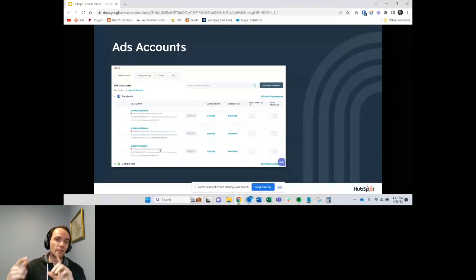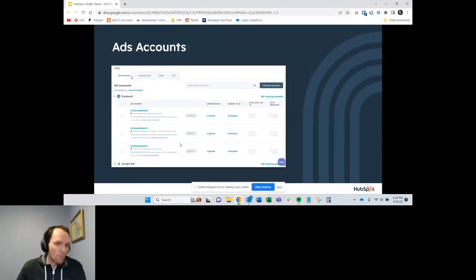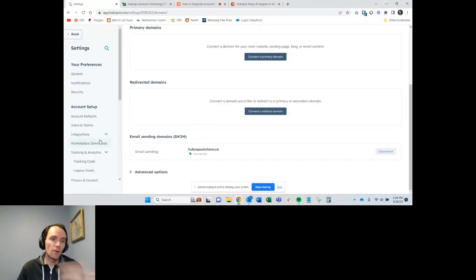But because of users being removed from the system, either Facebook in this case or HubSpot, or the platforms just, a lot of times every 3 to 6 months you have to re-authenticate so that those connections don't stay live in perpetuity. So with ads accounts, you do want to pop in and check to make sure that all of those accounts are still connected. So back over to my own account here,